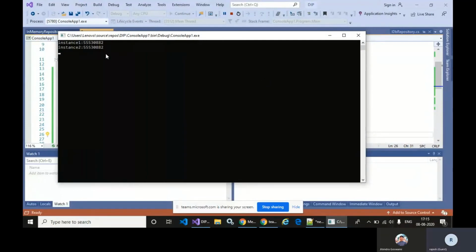Now you can easily check that the two hash codes of the different instances of our InMemoryRepository concrete class are the same. So now we can be 100% sure this is a singleton instance.